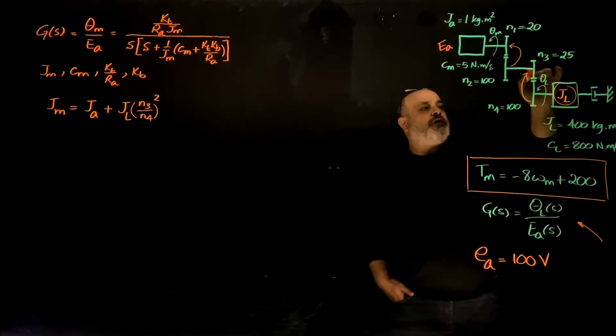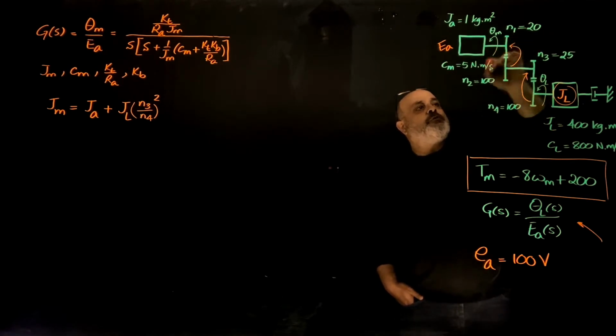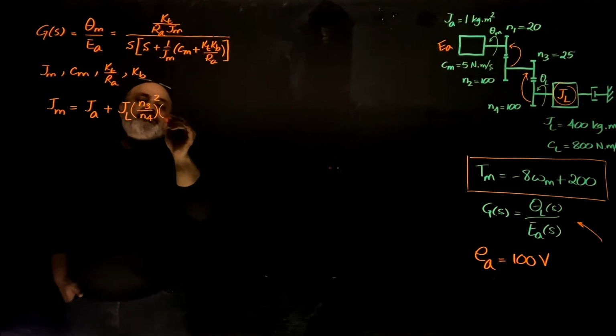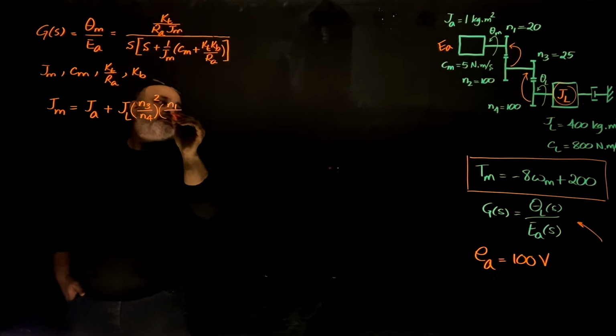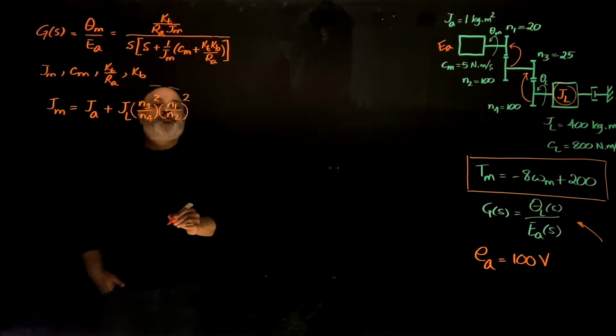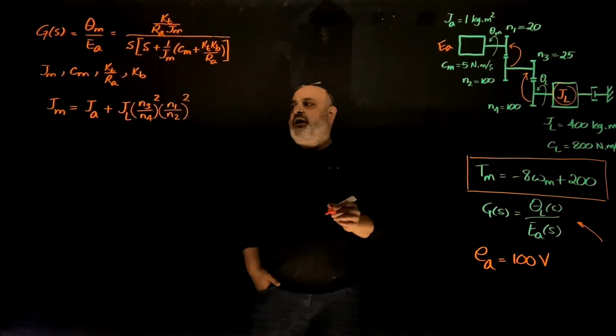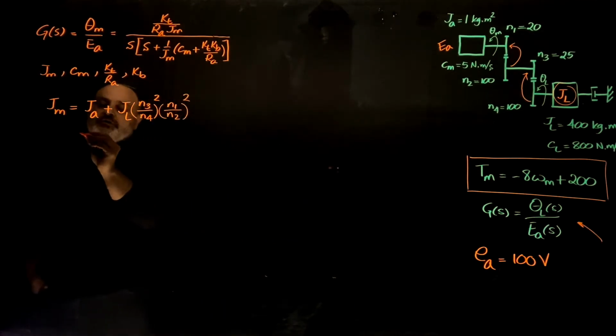From 4 to 3 brings me to this axis. From 2 to 1 takes me to the motor axis. So I'm going to multiply by the target N1, starting from N2, squared. And that's going to be my equivalent mass moment of inertia at the motor axis, which is going to be